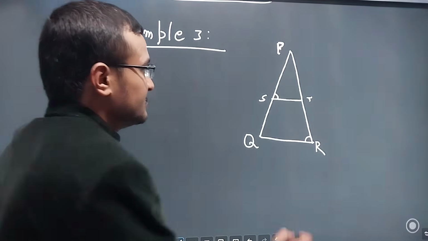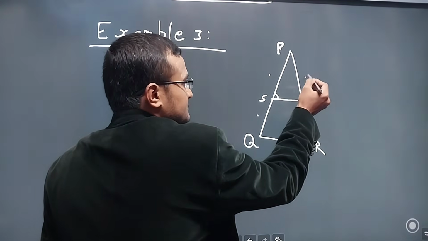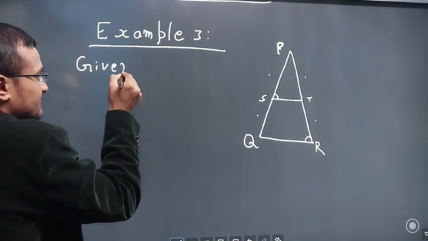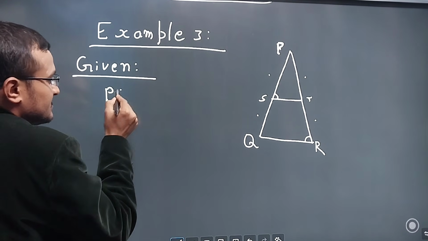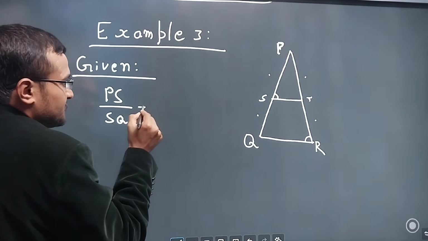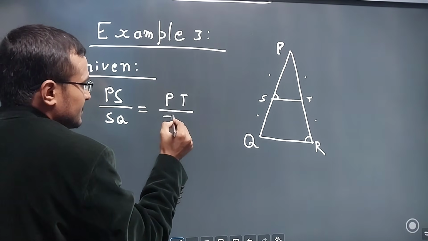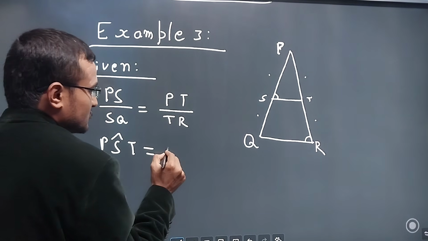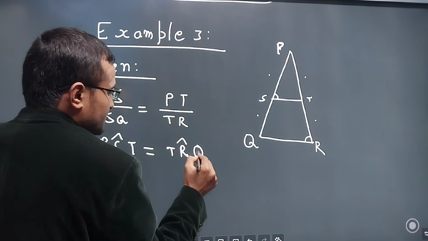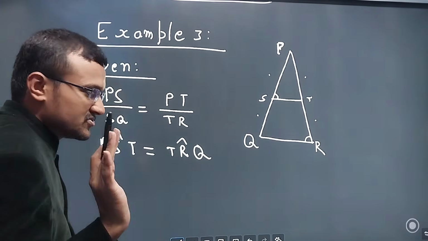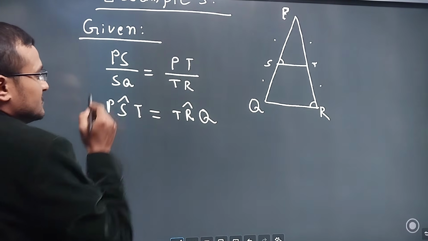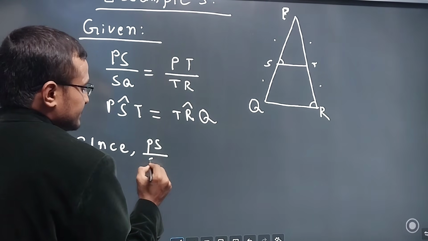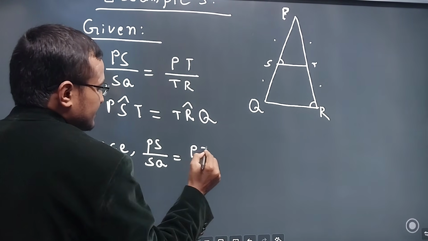And one more thing they have given here, PS by SQ is equal to PT by TR. Let me write what all they have given. PS by SQ is equal to PT by TR. And one more thing they have given, angle PST is equal to angle TRQ. So this angle and this angle are equal to each other. So here since PS by SQ is equal to PT by TR,